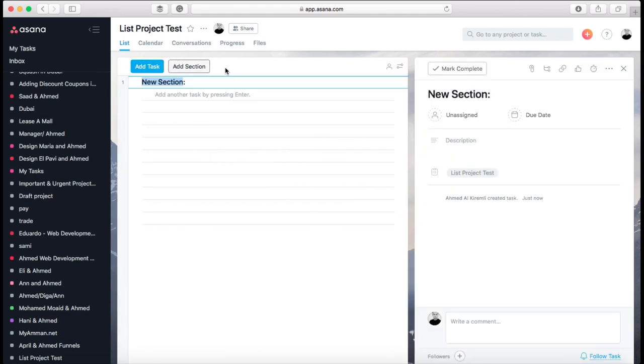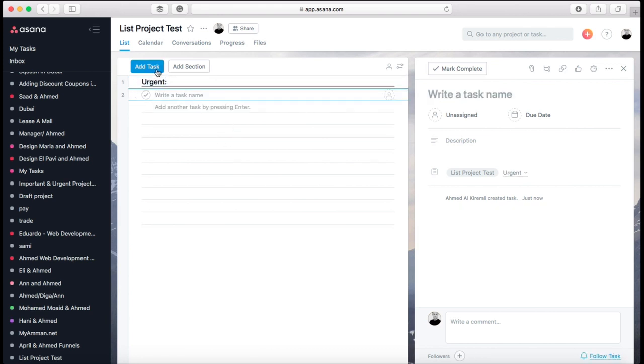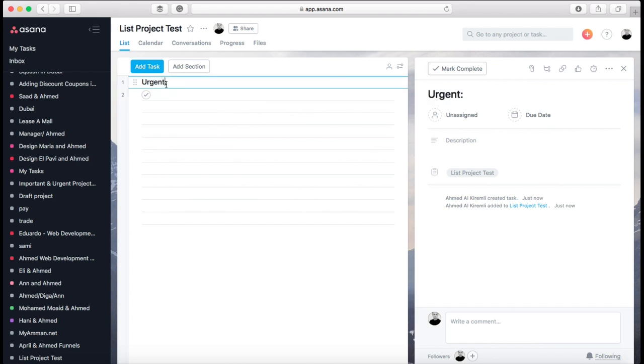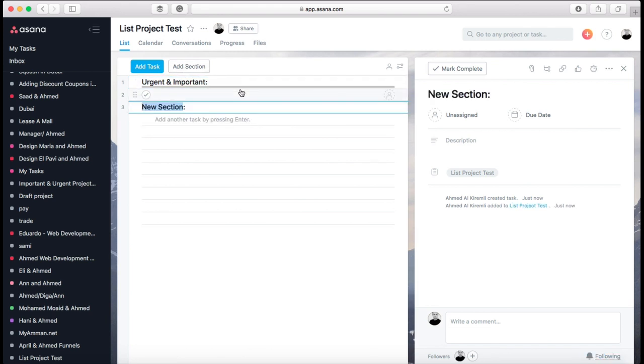You can add sections. So let's say urgent and important. This is the section. And let's say create another section. We call it, let's say,